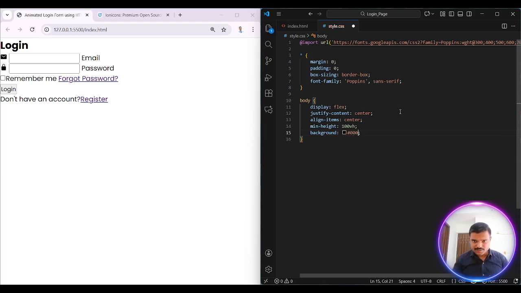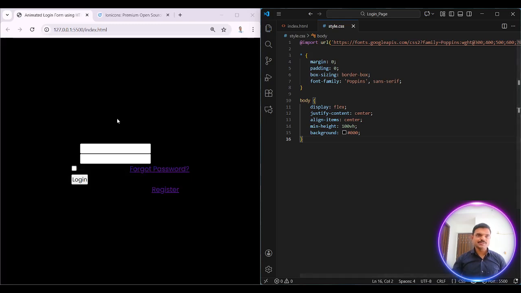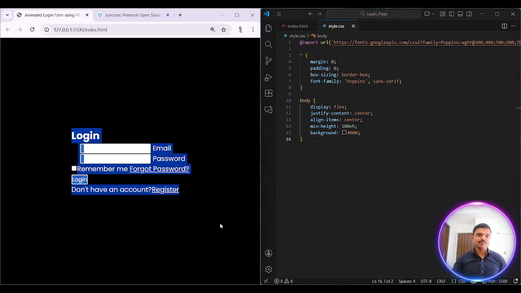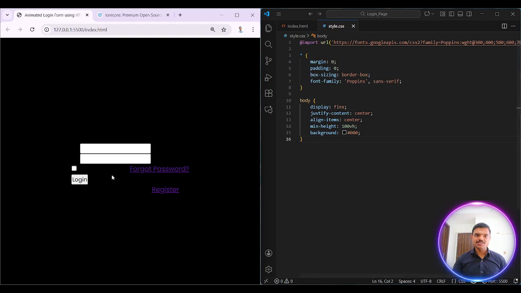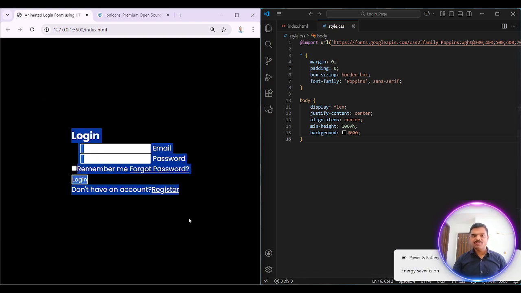So this is the color, dark background. Now when I save this code, it will turn into dark background. Okay, I will just save this code. You can see the dark background, but all the textual data is present here. Login button. Don't forget, don't have an account, register. Everything is present. Okay, so this way you can change the style of this web page by using